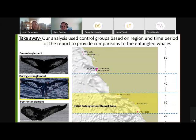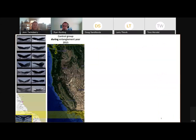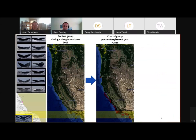We based control groups on the location of the report. We broke the West Coast up into different zones, and wherever that entanglement occurred, that zone became the initial entanglement report zone. Then we could use all the whales seen within that zone within 3 months of the entanglement, so 45 days prior to 45 days after the entanglement, to form our control groups. So for example, for this one case in Southern California, we took all the whales that were seen in that zone within 3 months of the entanglement. And then we could look at their post-entanglement year, or after 2015 for this case,